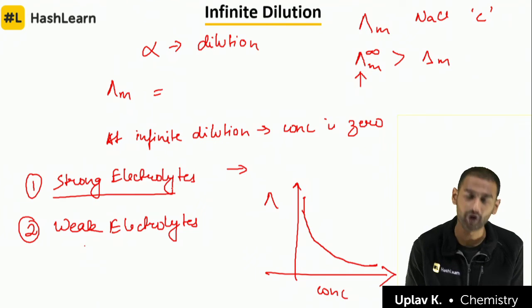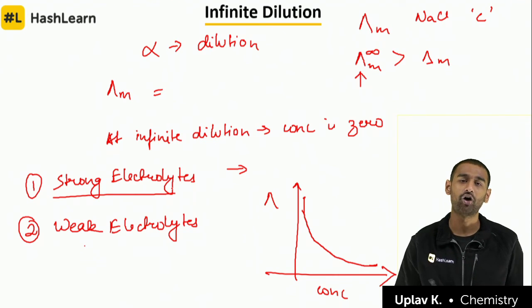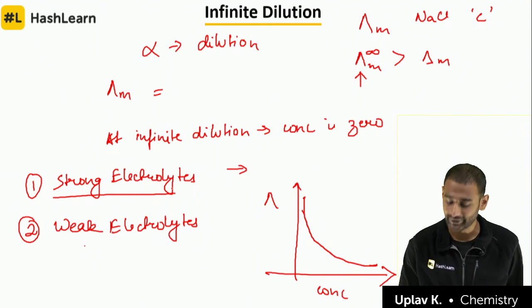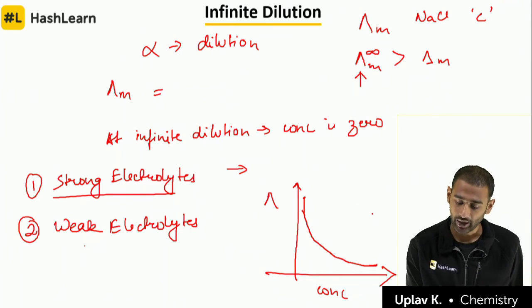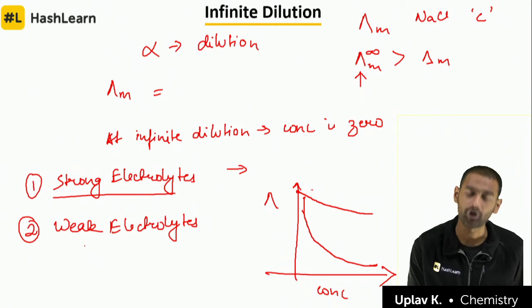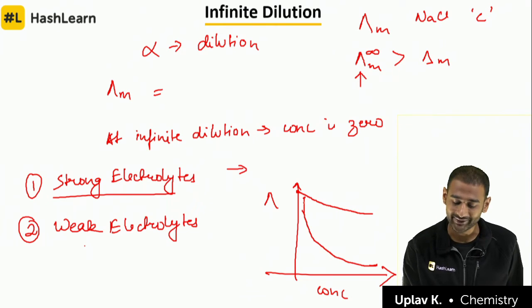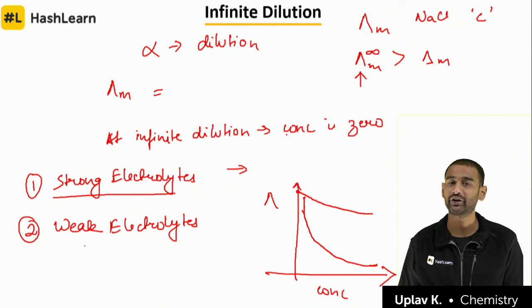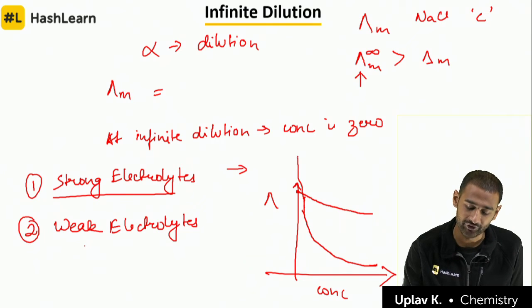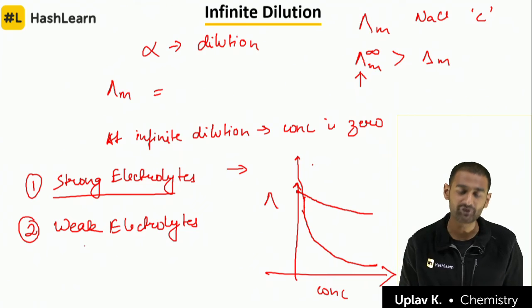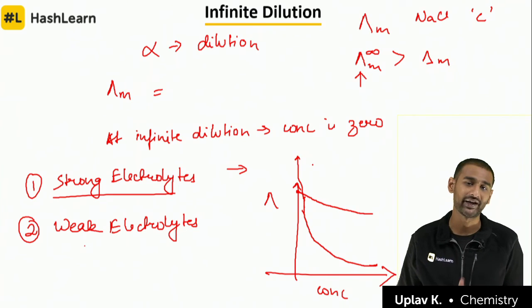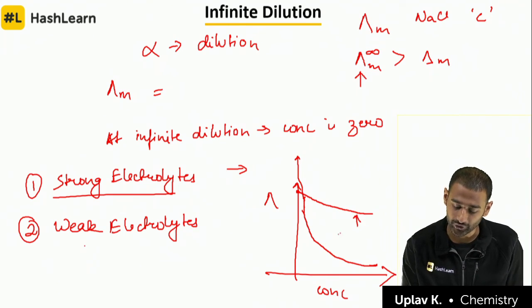But if I am going to talk about a strong electrolyte, so strong electrolyte क्या होता है? It almost completely dissociates. Fine. So in that case what happens? Its conductivity is already very high, but it will थोड़ा और बढ़ेगा, right? So like this you can get a limiting value when you take the concentration equal to 0, right? But that thing cannot be done with a weak electrolyte because it will go towards infinity like this. Fine. So that is how you can use a graph to understand what happens to a strong electrolyte and weak electrolyte at infinite dilution.